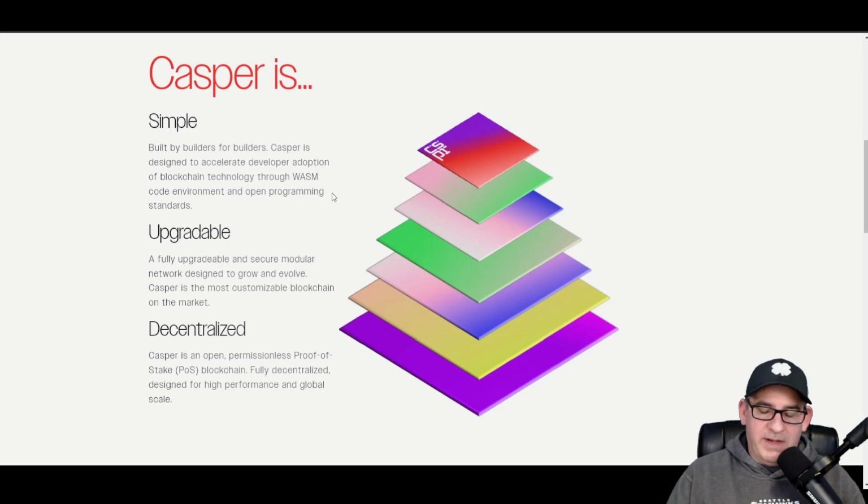What does that mean? Okay, so it being a modular blockchain, right? This is designed for other developers to build on top of. That's what Casper's for. It is for other developers to build their projects, their smart contracts, their decentralized apps, or DeFi systems, whatever it is they want to. And I'm going to go over some possible real-world use cases for Casper. It's highly upgradable, highly scalable, it's decentralized, and very, very secure.